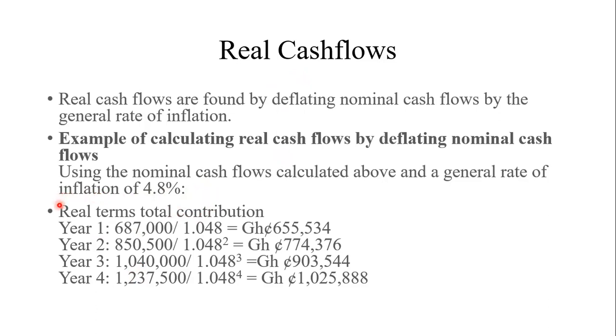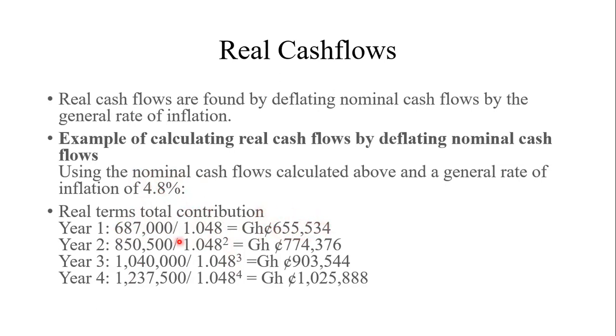Now, this question is asking us to calculate the contribution in real terms. And we only have to what? Deflate it. For each year, we're going to deflate by 4.8%, which has been given as the general rate of inflation. So we use that to deflate. We've seen deflation in our previous discussion. So your nominal contribution for year one, you deflate it. That is, you reduce it or discount it by your general inflation rate. And that will bring you